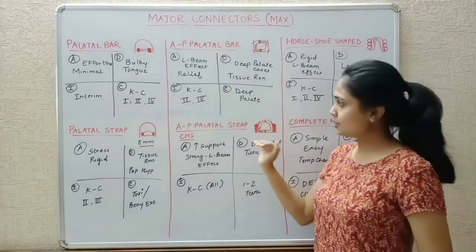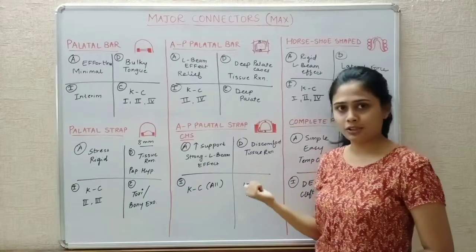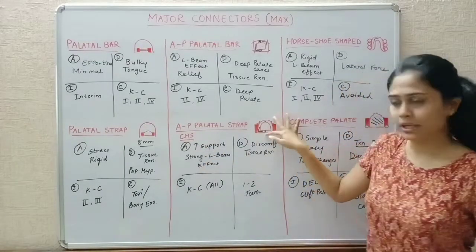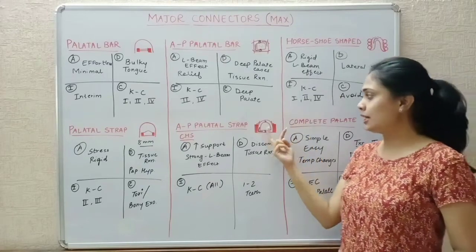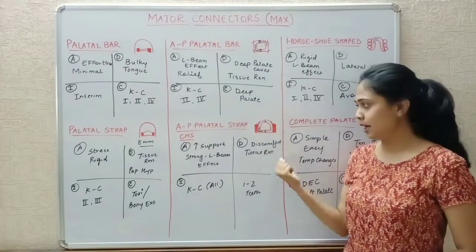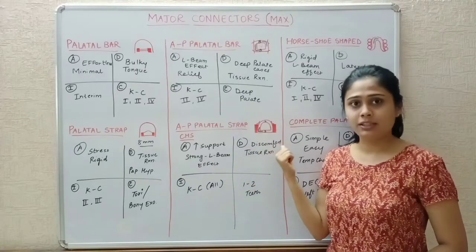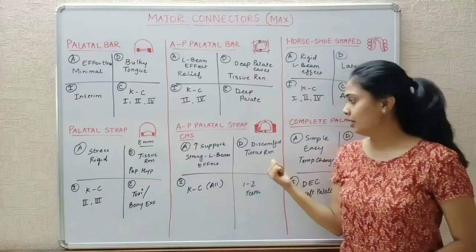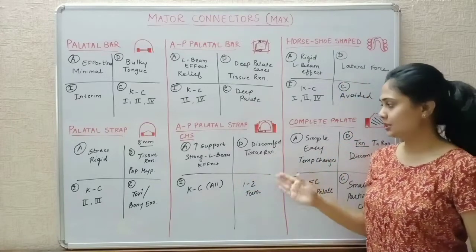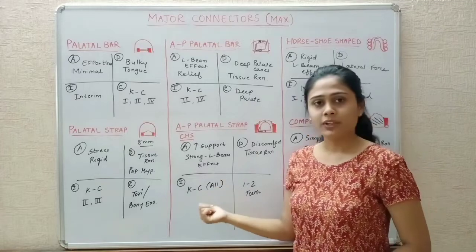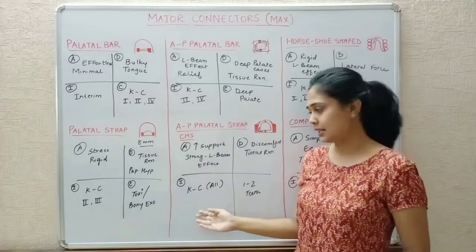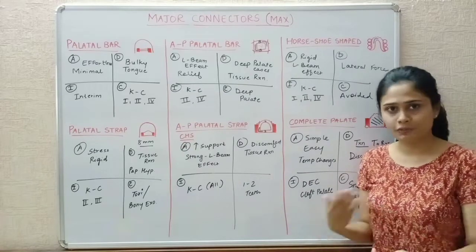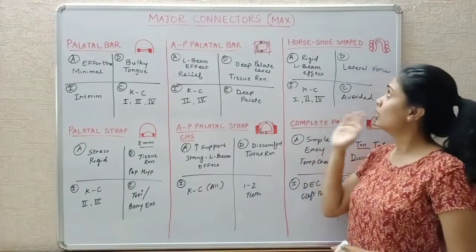Okay. Next, going on further to anterior posterior palatal strap, which is also known as closed horseshoe. Okay, so here there are 2 straps anteriorly and posteriorly which are connected by 2 lateral bars. So it provides with increased support. Here the support was less, here the support is more. Strong L-beam effect. Then the disadvantages is tissue reactions and discomfort. Indications: it is possibly given in all possible Kennedy's classes, and it should not be given for 1 or 2 replacement of teeth. Okay. So next, going on to the horseshoe shape.